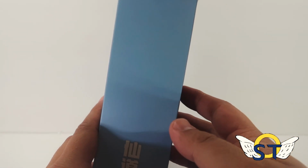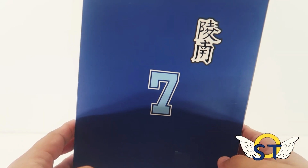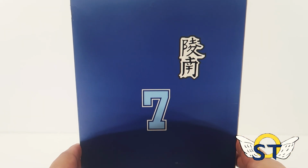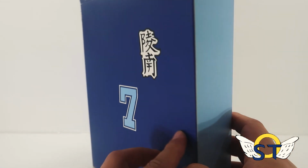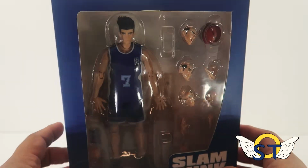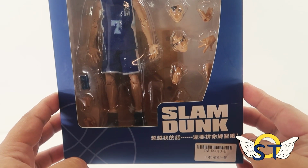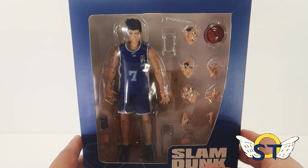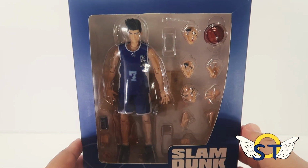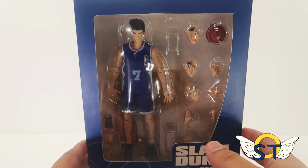The packaging is very plain, as you can see, but I guess it's pretty cool. It has Sendoh's number over there, and I believe that's the kanji for Ryonan. I don't know if these words on the bottom are in Chinese or Japanese. I'm pretty sure that Dasin is a Chinese company since most of their products ship from China. But like I said, I don't know much about that company, so let's go ahead and pop this guy open